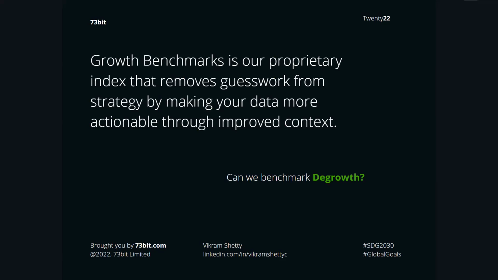So let's see what growth benchmarking means. This is one of the definitions, the first definition I pulled from Google. Growth benchmark is a proprietary index that removes guesswork from the strategy by making your data more actionable through improved context. Okay, so if this is the definition, can't we apply the opposite of it? And because the subject, I understand, is in a very initial phase, it's not been worked through,